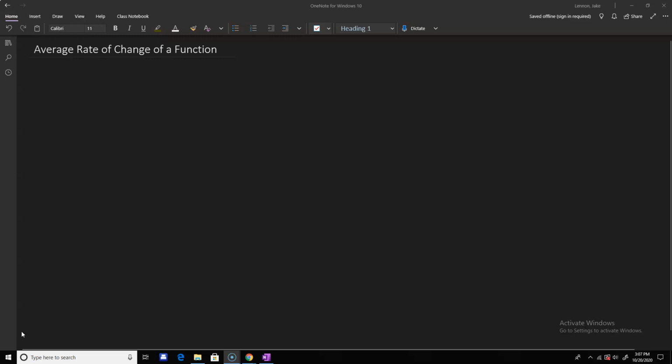Hello everyone, this is Dr. Lennon, and today we're going to talk about the average rate of change of a function, which is actually a pretty simple concept. So we'll start with the net change of a function, and from there go to average rate